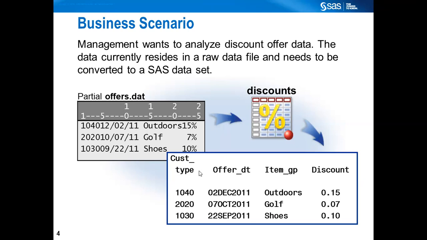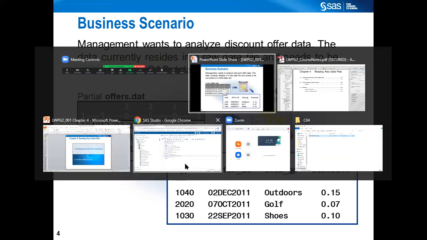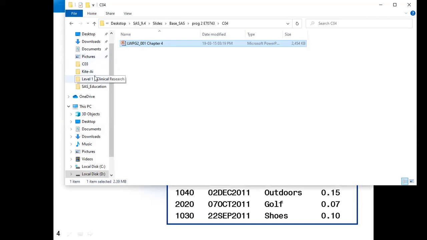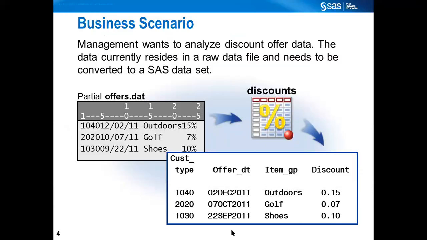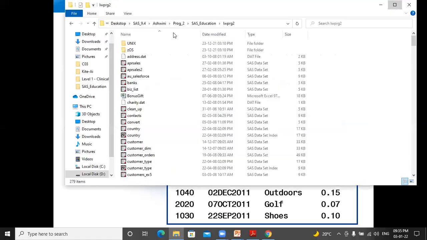So in case you have your raw files wherever you might have saved them, even I'll have to look into that raw file. Just a second. All right.